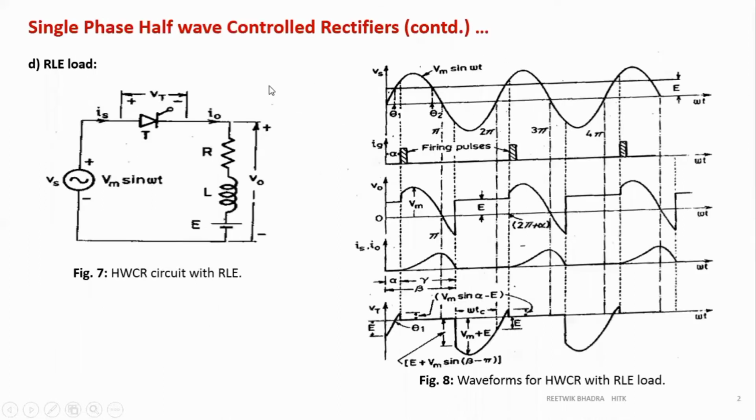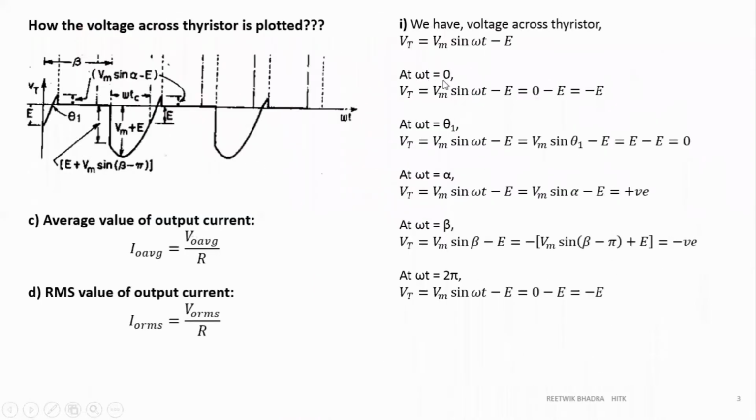Right? Why will we get this? Why am I not writing V naught? Because we get VT when my thyristor is off. When my thyristor is off, I naught is 0. So R into I naught plus L di by dt is equal to 0. So what remains in V naught is only E. So that's why, instead of writing V naught over here, VT is equal to Vs minus V naught, which we had already seen, we have substituted V naught as E over here.